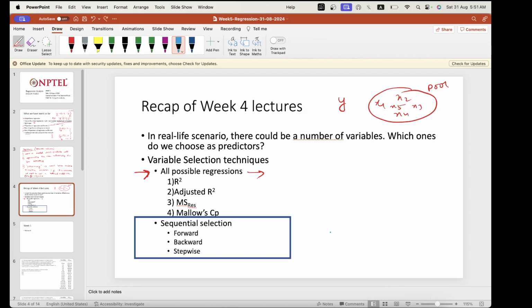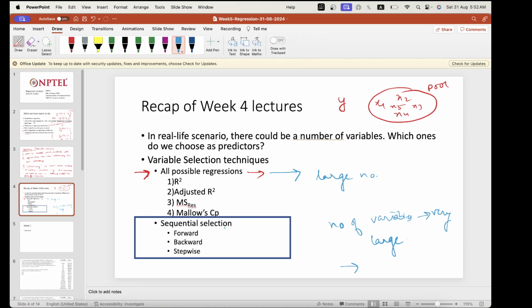So if I have a very large number of variables, then we'll have to fit a large number of all possible regressions, but we don't want to do that. There may be situations where it doesn't really make sense to use your resources to fit all possible regressions and then use these techniques to decide which is the best amongst them. So when that doesn't seem to be a feasible option, or even otherwise, you can also prefer a sequential selection,